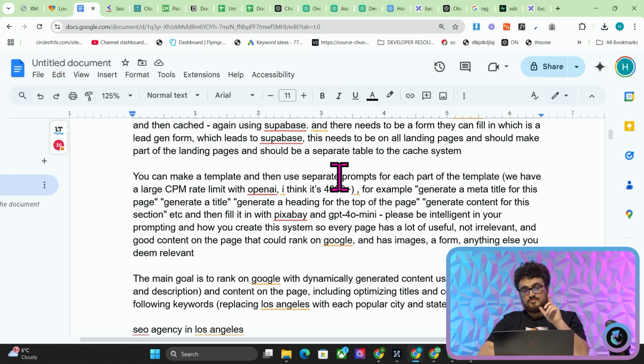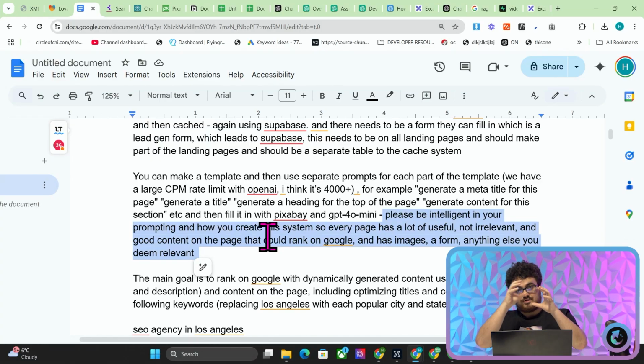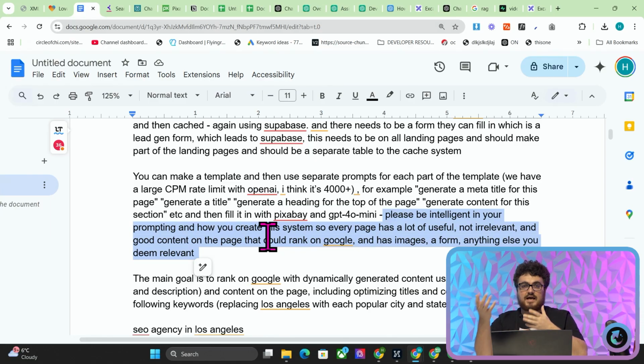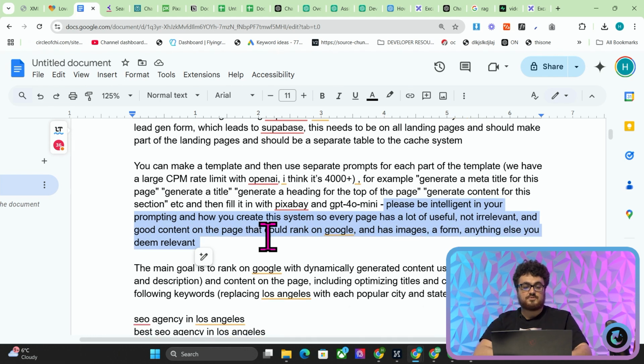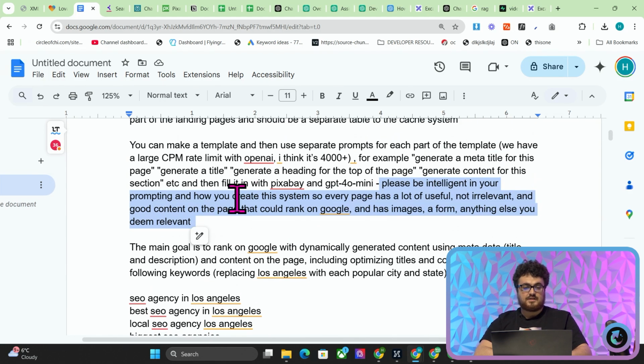Please be intelligent. So this is one thing that I've noticed that's really good about Lovable over something like Bolt, is when you give it the freedom to code and to prompt in a certain way, its ability to actually be intelligent in the way that it puts prompts and information and data together. One thing with Bolt is that it just doesn't really do that properly. It just kind of throws things up, and the final content, if you're making a content generator, for example, is just absolute trash. Whereas Lovable seems very good at thinking about its own processes, which is really cool. So I just said, please be intelligent in your prompting and how you create the system so